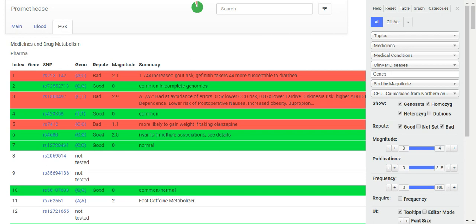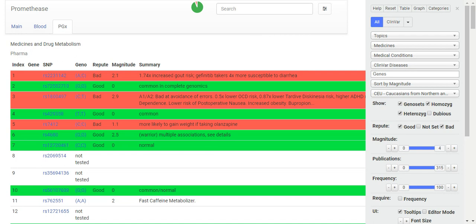And so then this is just medicine and drug metabolism. For some of it, it'll tell you whether you're likely to react to certain medications, whether it's positively or negatively. I know there was one area where it said I was 7 times less likely to respond to certain antidepressants.